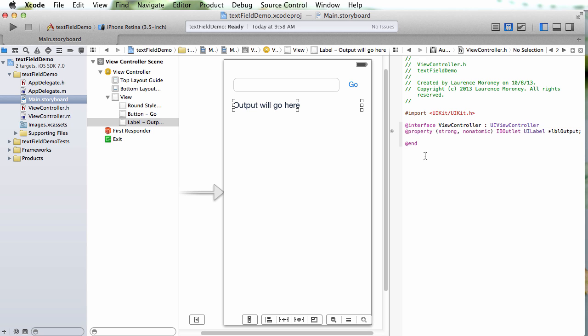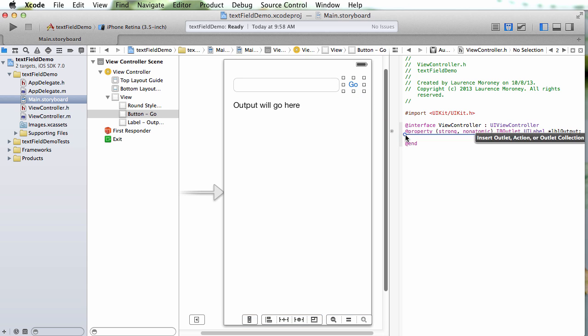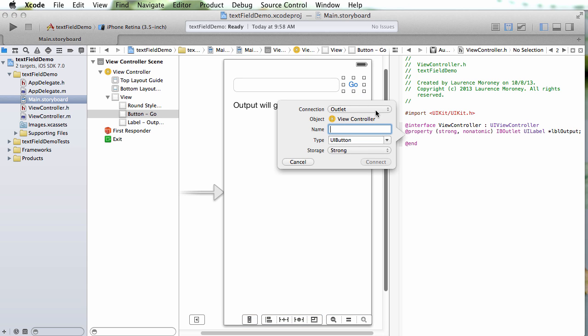So I've now created LBL output as the outlet for this label, so I can address this label using underscore LBL output in code. So the next thing is the button. Let's create an action for the button. So, when I drop the button on here in the same way, you see I now have action as an